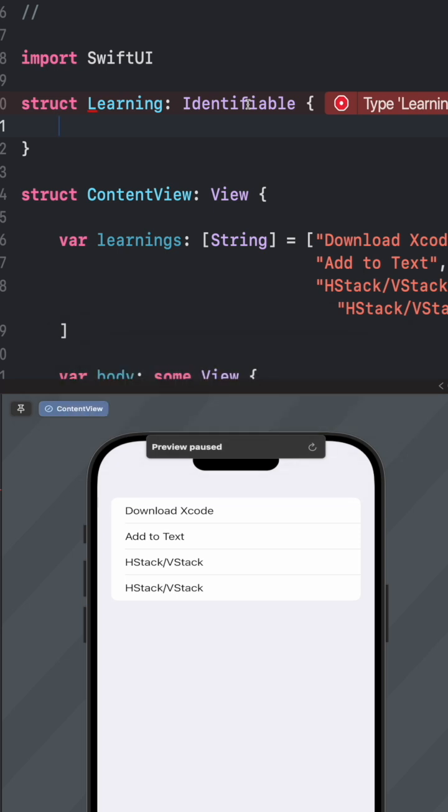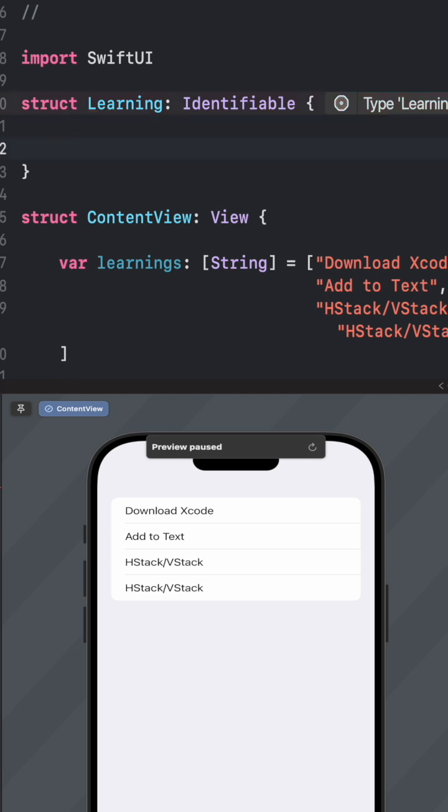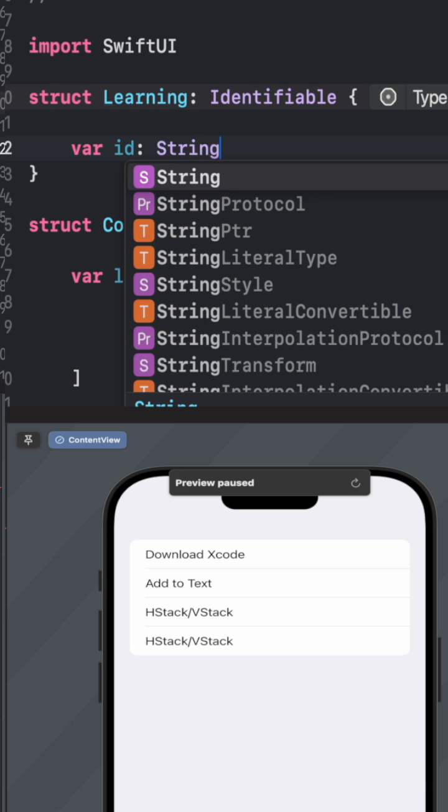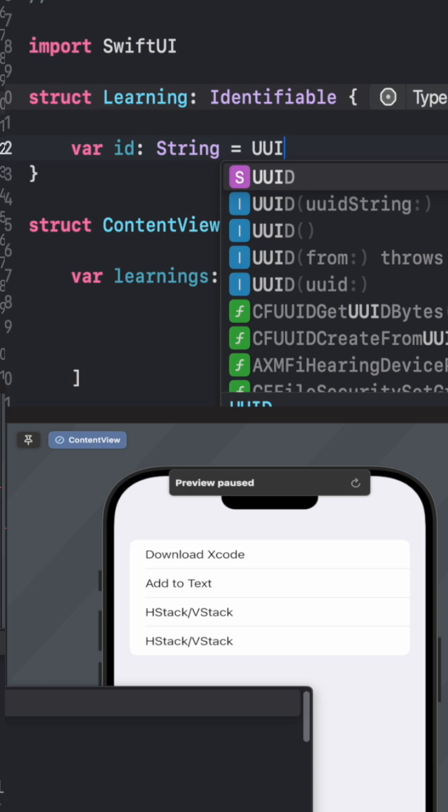Basically, it's a new ability that we can gain for our container called Learning, if you want to look at it like that. And it requires that we have a variable in it called id. So let's just add that in, and we're going to make it of type String. And we're going to get that value from something called